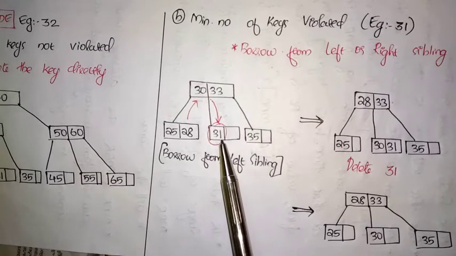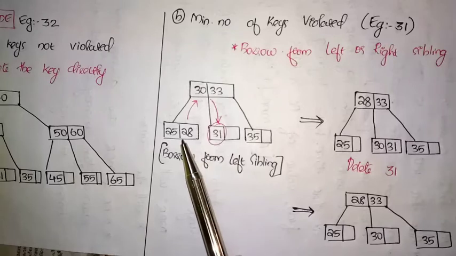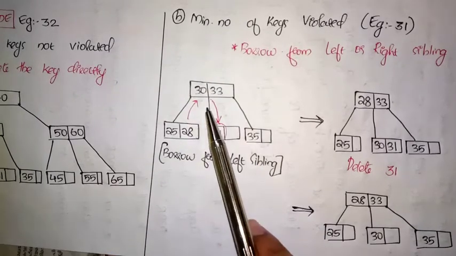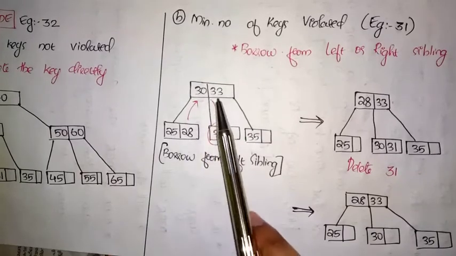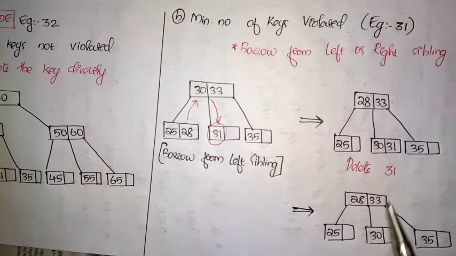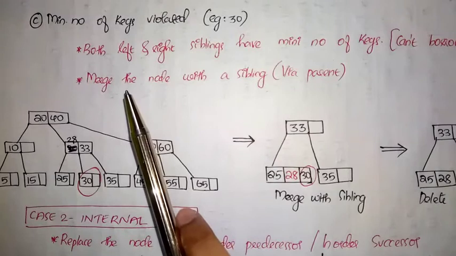If deleting a leaf node is violating the minimum number of keys condition, we have to borrow a key from either the left or right sibling. Borrowing is carried out only through the parent in such a way, and after that we can directly delete the leaf node. Let's consider a third scenario.